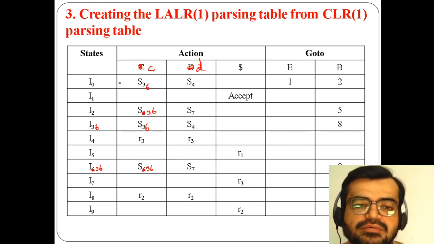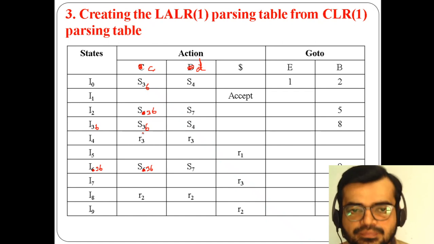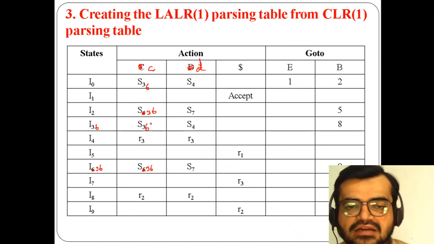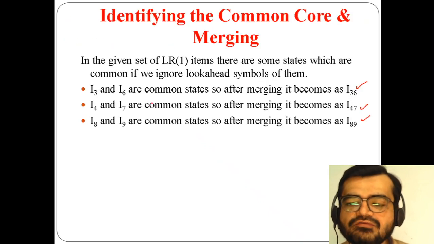We only need to update in the shift operation, and we need to perform the same thing in the state as well, because reduce operations are the final items. So we shouldn't make any changes in the reduce operation. We need to keep it aside. Okay, so for that, first is 36, and after that is 47.